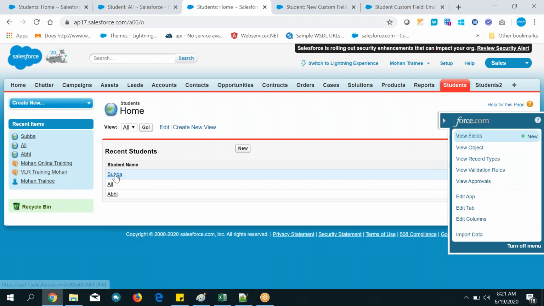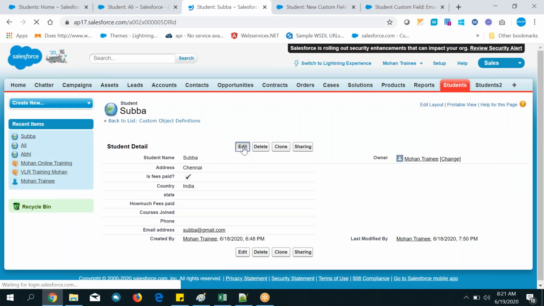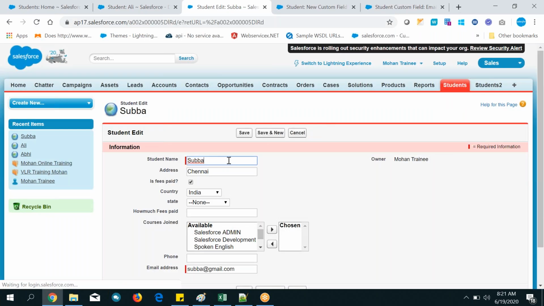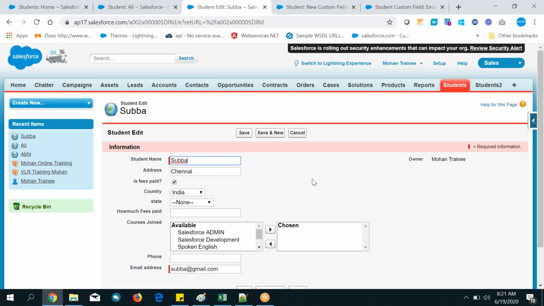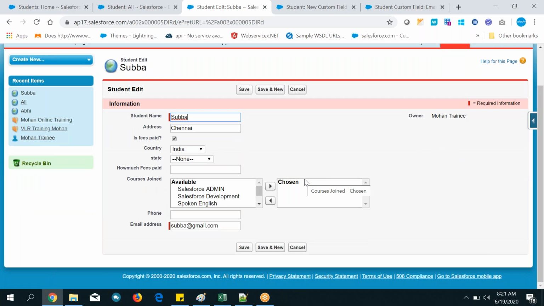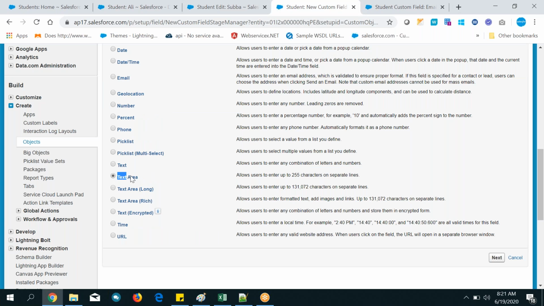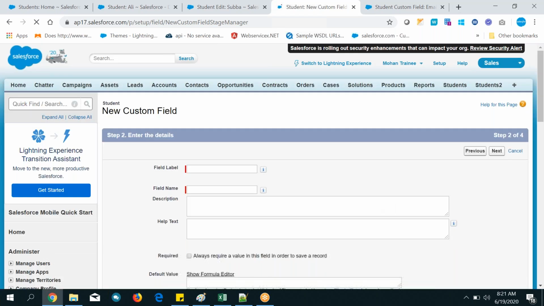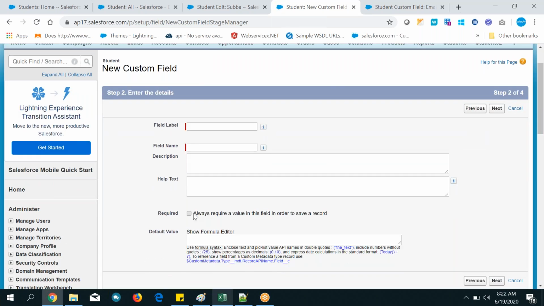So if you enter anything, edit it. If you enter anything, it will be displayed in a single line. But if it is a text area, you can extract that one, you can see all the details. That is the benefit of the text area. So address I can enter with the help of text area. Okay, so click on the next. So let's give temp address.